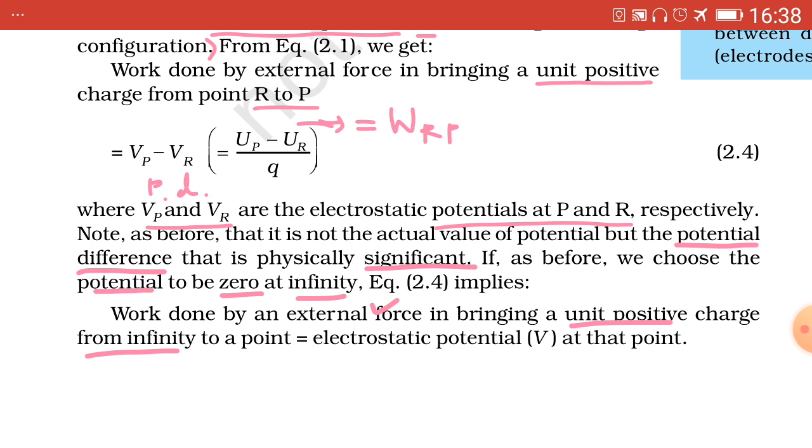The unit is volt, which is equal to joule per coulomb. Capital V equal to capital J by capital C. The units of potential, electrostatic potential and potential difference, both are same. Next point,